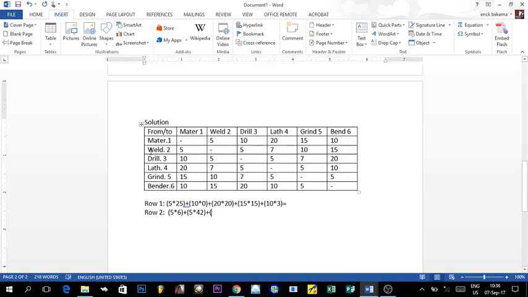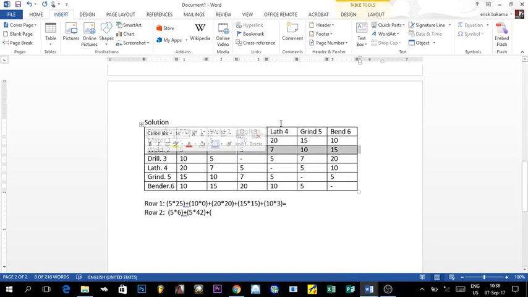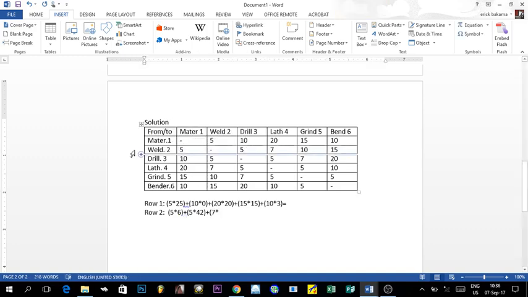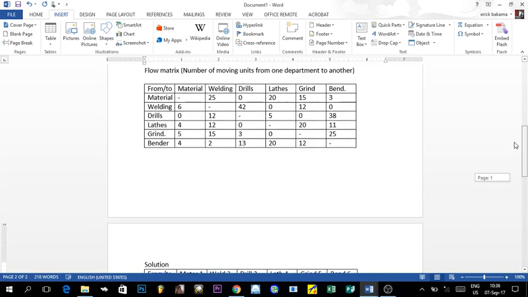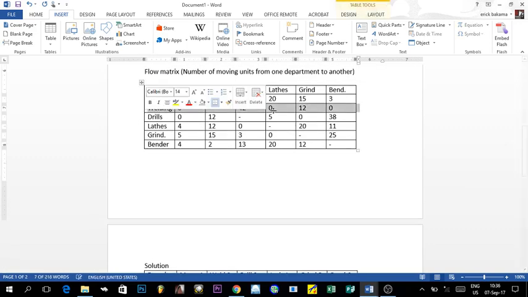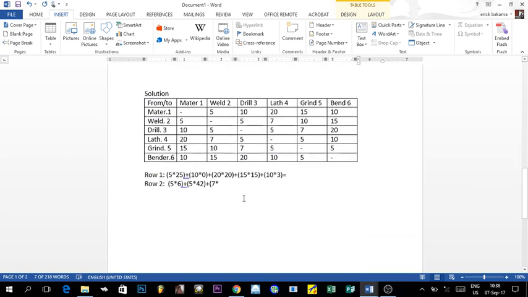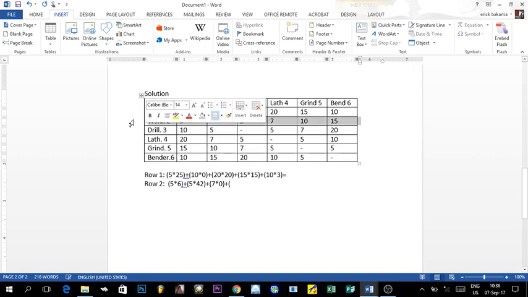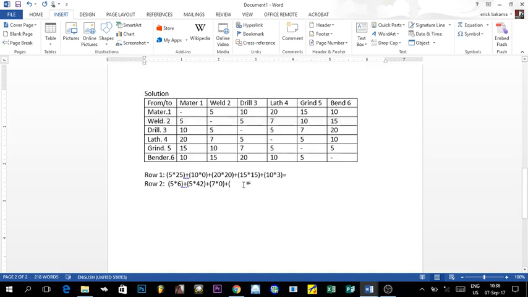Plus, here we are working for room 2 and the lathe here. So that means the distance is 7. So we have welding and lathe. Welding here and lathe, it's 0. So we have our value of 0 here. Plus, we do the same thing for the welding and the grind, which is room 2 and room 5. Room 2 and room 5, the distance is 10. This is our 10 that we multiply by